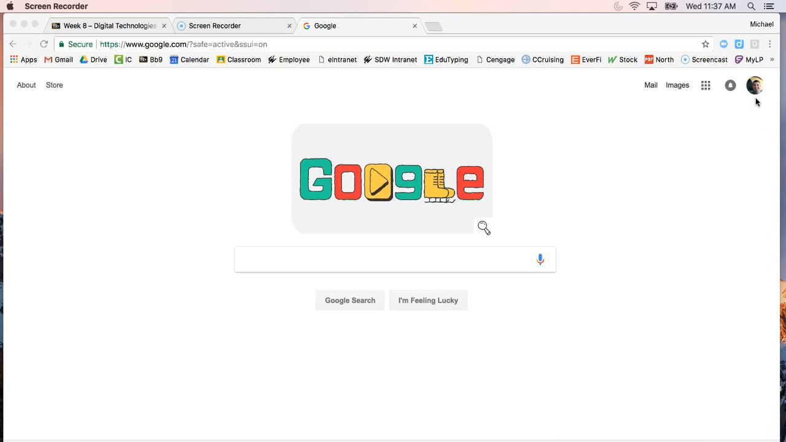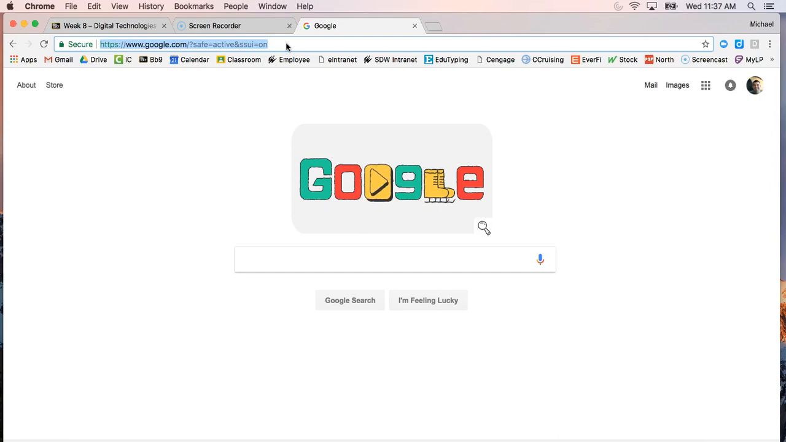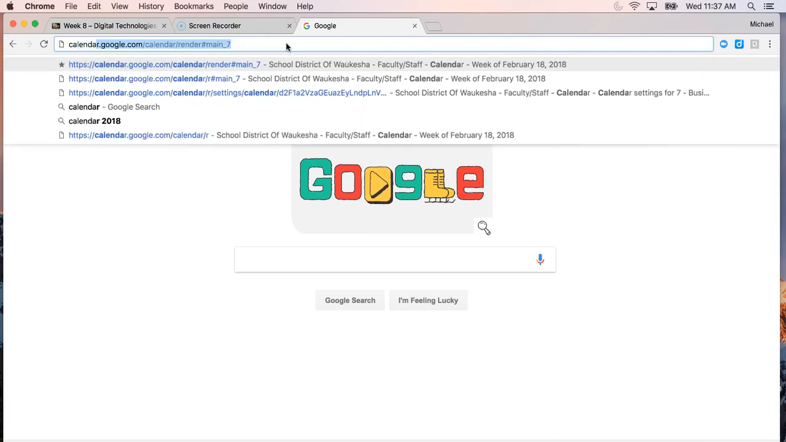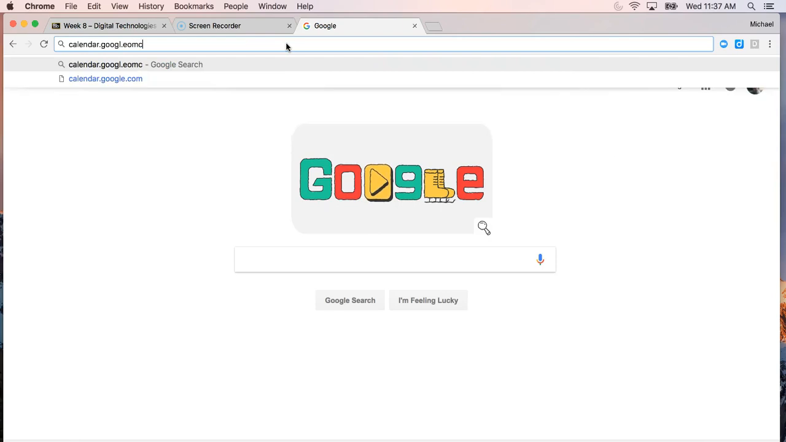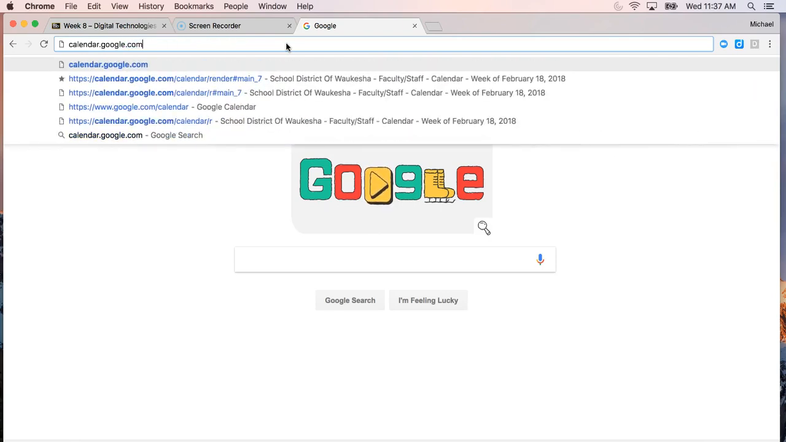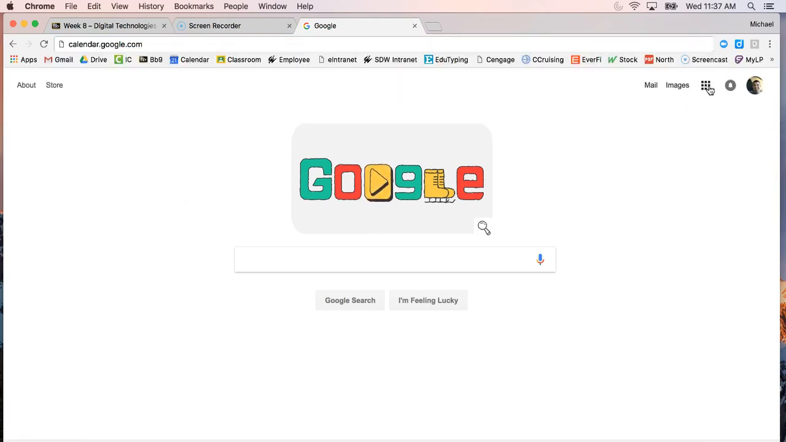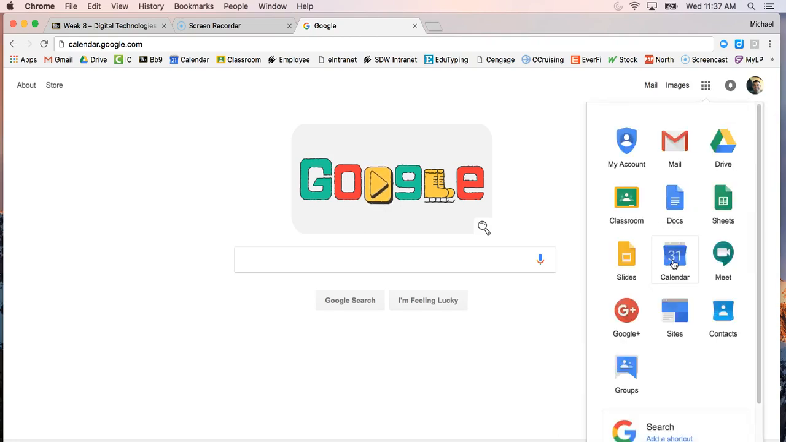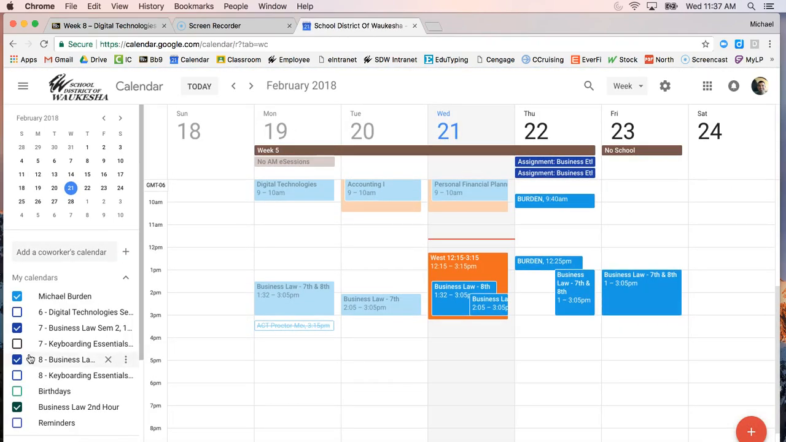There's a couple different ways that you can get to Google Calendar. You may have noticed I have a little bookmark right here, but you may not have that. So I'll show you a couple different ways. You could go ahead and type in calendar.google.com, and that would take you there. You could also use this little icon right here. I call it the waffle because it kind of looks like that. And you could go down here, click Calendar. And there you go. So you'll see this, yours is going to look a little bit different than mine because